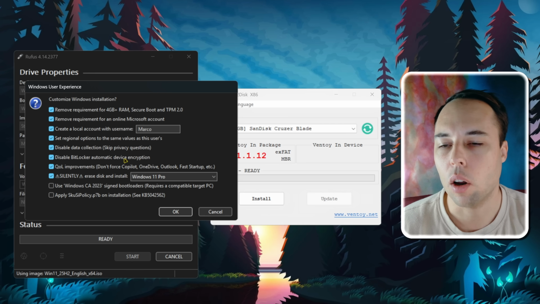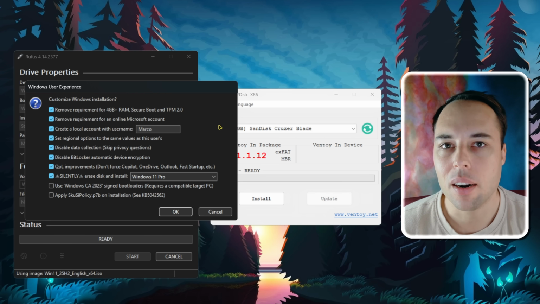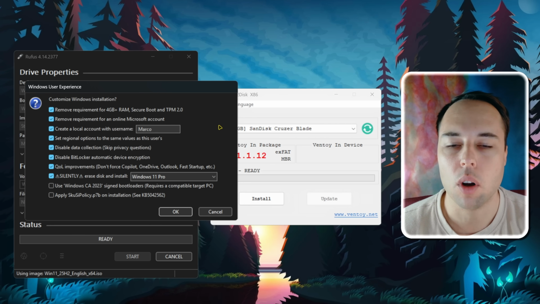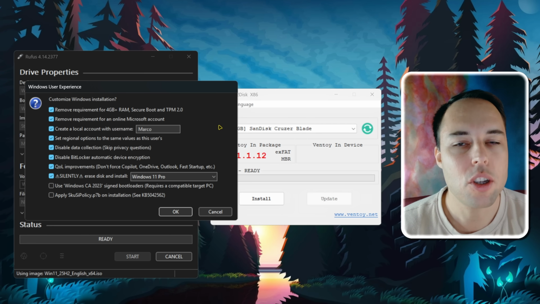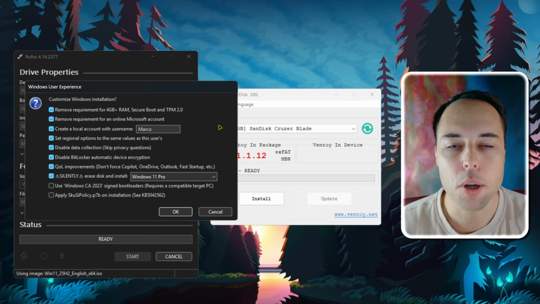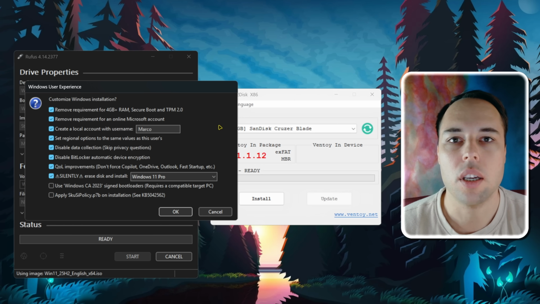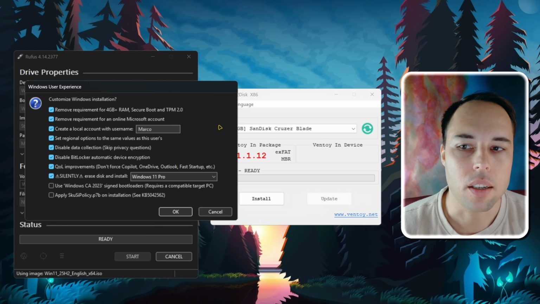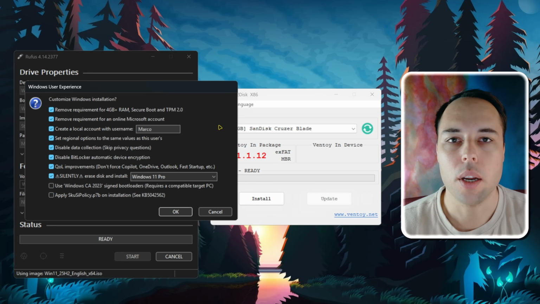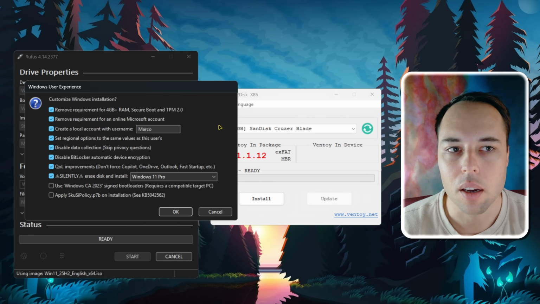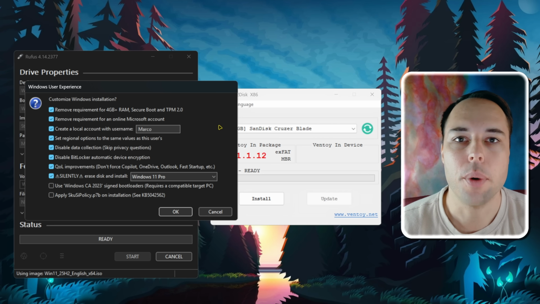Now, this is all great because Rufus gives the user the ability to customize their Windows installation and to skip a lot of the stuff that's very repetitive when you have to install Windows on a bunch of computers, especially if you're working in IT or a computer repair business like I was doing for 10 years. Clicking through all of those screens on 10 different computers each day gets very tedious. So that's why automating the Windows installation is such a big thing, because it saves a lot of your time and stops you from going insane by doing these repetitive tasks over and over again.